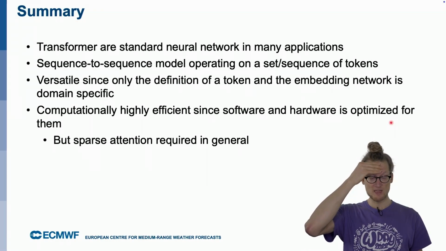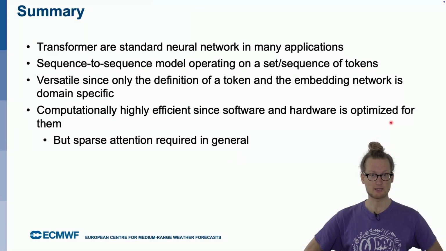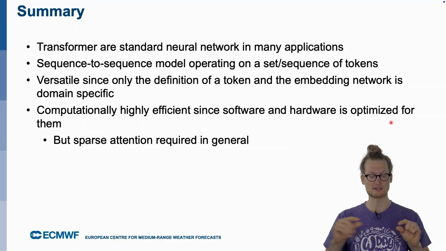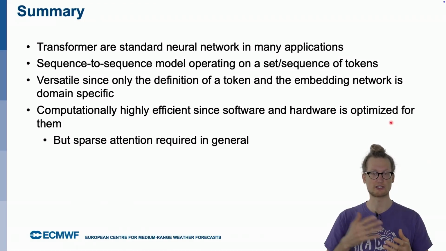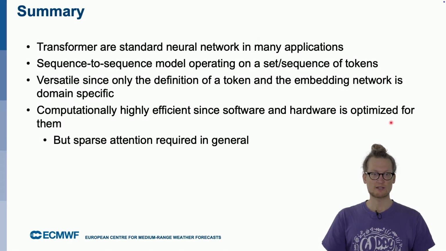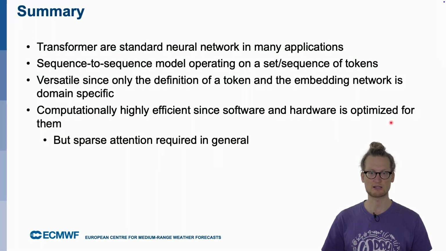Now, wrapping up, I'd like to say that transformers are pretty much a standard neural network in many applications nowadays. They were designed for sequence-to-sequence and originally operating on processing sentences, but depending on how you define your tokens, they can basically operate on any kind of data. So they can also easily process images, as we've seen with these patches. Now, as I said, the architecture is super versatile, since you only have to find a way how you define your token,